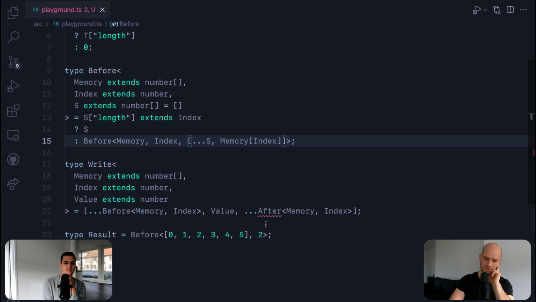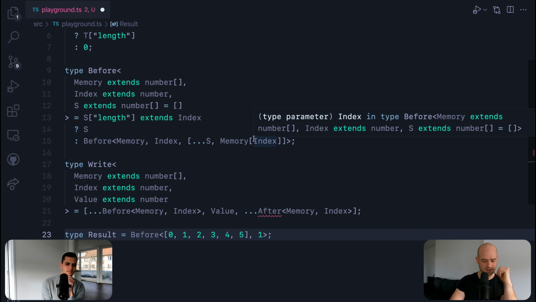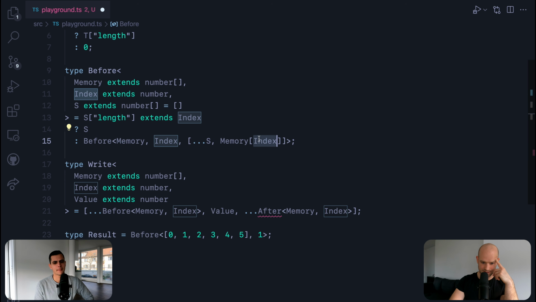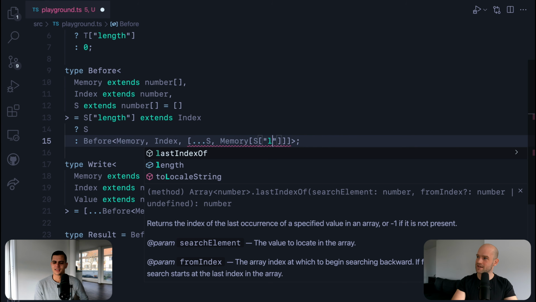Zero, two, two. So if I do 1, so it's not index, it's the value at the length of S. So you see Copilot can be dangerous sometimes. You take the suggestions for granted, but.